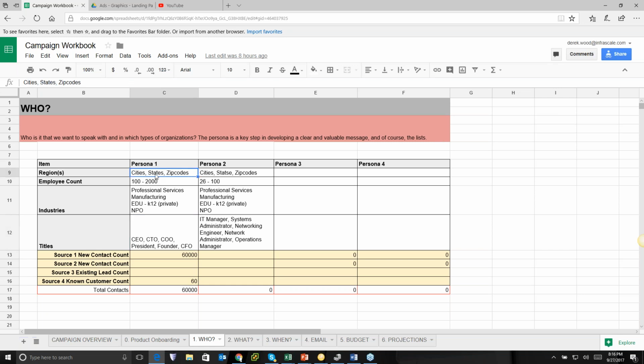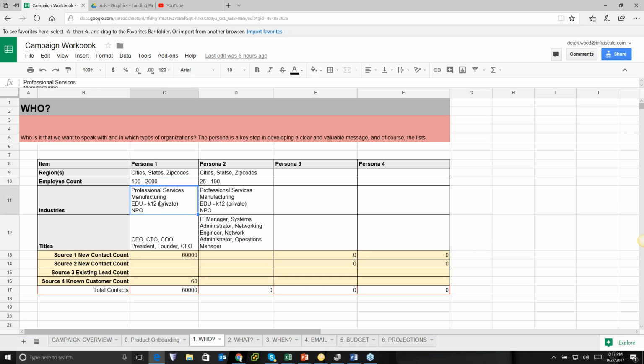Basic persona is region, and then rather than base company size off of revenue, I like to do it based on employee count. A lot of that is because there's a lot of automation, and you can have very small companies with high revenue counts that'll be misleading. Employee count from an IT and managed service and DR perspective is going to be a better indicator of how much data there is to protect, how many machines there are to manage, and the size of the network. So I like to do it on employee count, but you could add revenue here as well.